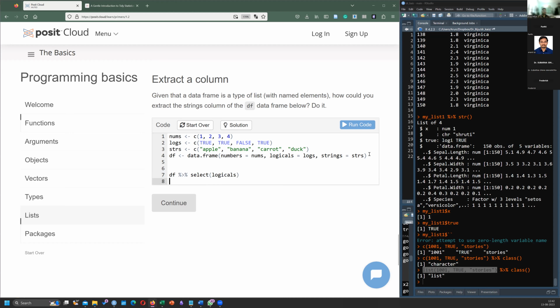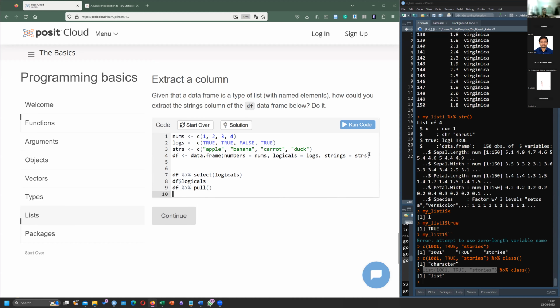Okay, this is one way. The other way is to just use a $ sign. And the other thing is use pull. Okay. Yes. I'll tell you, all the three outputs.